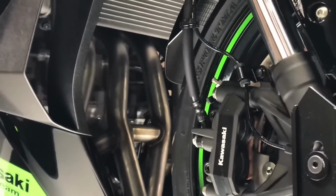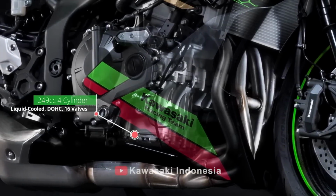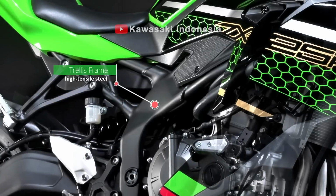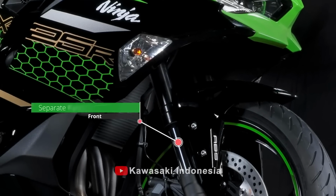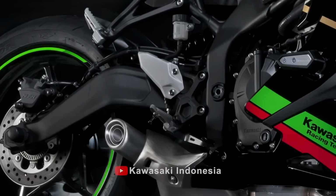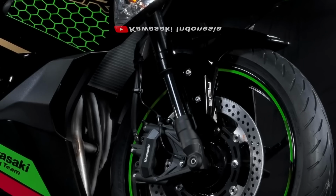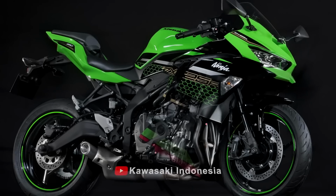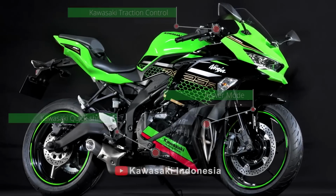The headline spec for the ZX-25R is its 250cc Inline-4 engine, which in and of itself will be a huge pull for many small capacity bike fans. Inline-4s aren't really a thing anymore in the smaller displacement market, with the majority of bikes using a single cylinder or parallel twin and built to a budget for new or younger riders. But a 250 Inline-4 might actually appeal to older bikers who recall the sports bikes of the 1990s, which used